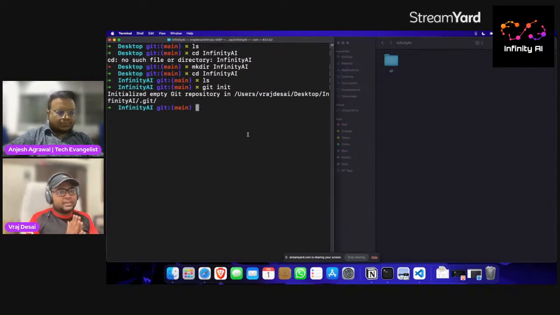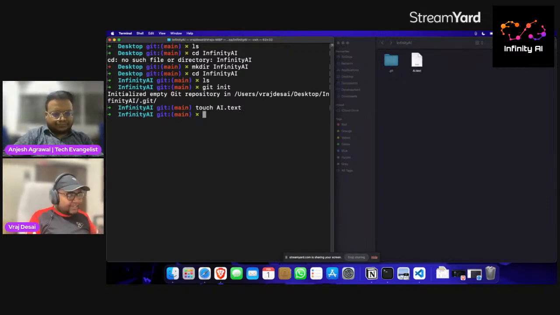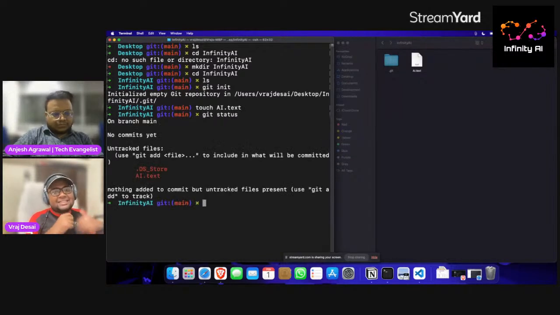Right now there is no file inside this. So let's create a file, let's say a text file. I'll just use the basic command to create a file, let's say ai.txt. Okay, so I created this text file. Now when I write git status, there is this command git status to actually check the status of the file. So you can see it says